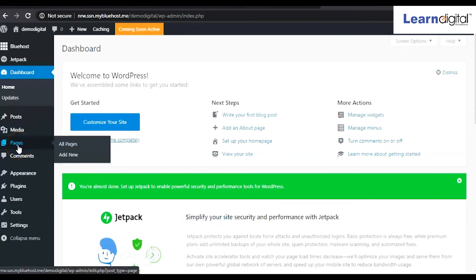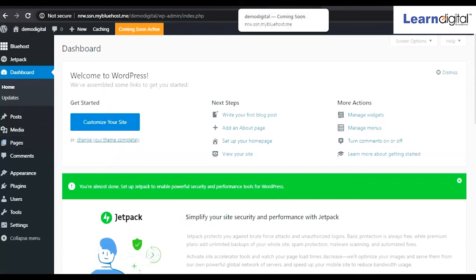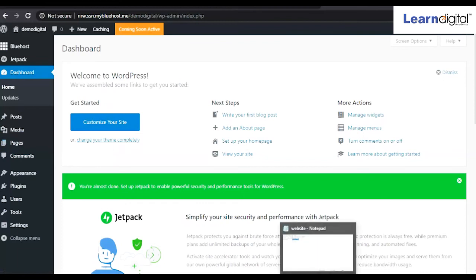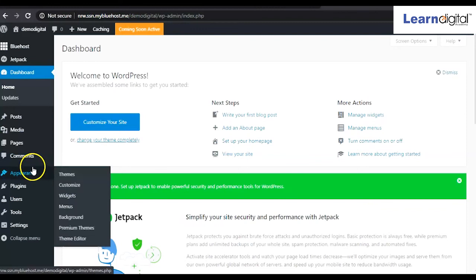In the pages option, you can create web pages. As I told you in the introduction part, web pages are a group of pages of your website, like home, about us, blog, contact us. These are the pages of a website, so here we call them web pages.